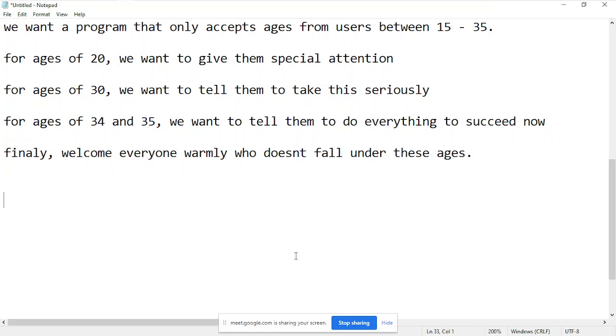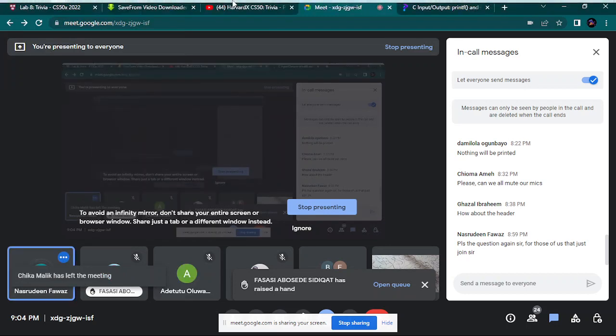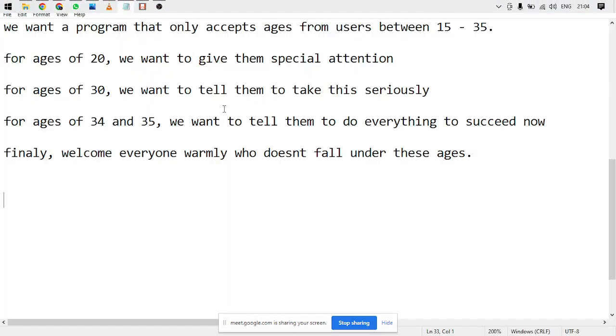Actually, I just joined this thing now. But according to the questions, in my own perspective, I think we should declare a variable. Example now, int n. Then we start our if statement by saying